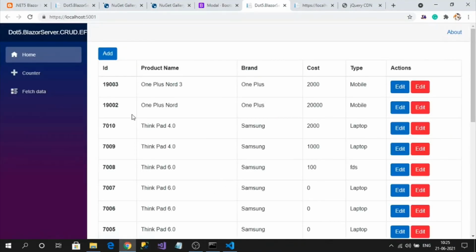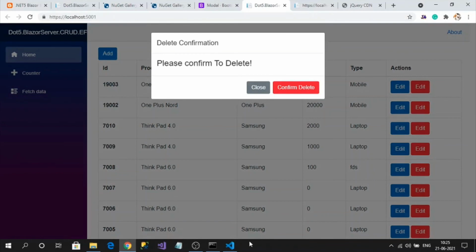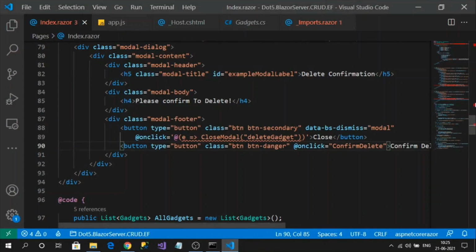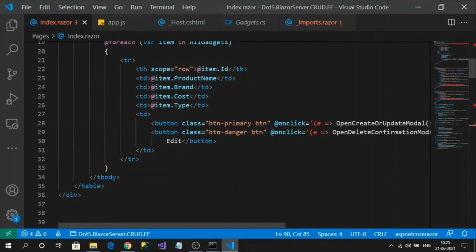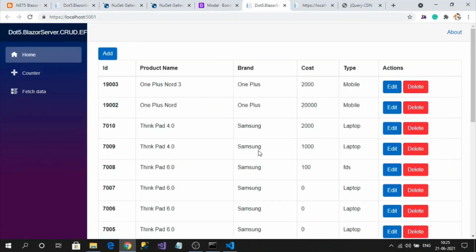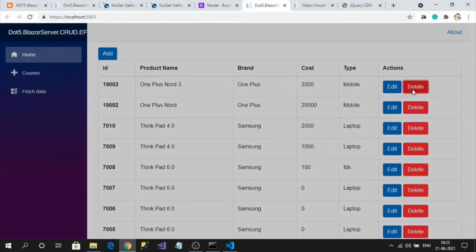So let's delete this top record, OnePlus Nord 3. Let's change the label name, still I am using edit for delete also. Okay, now better.